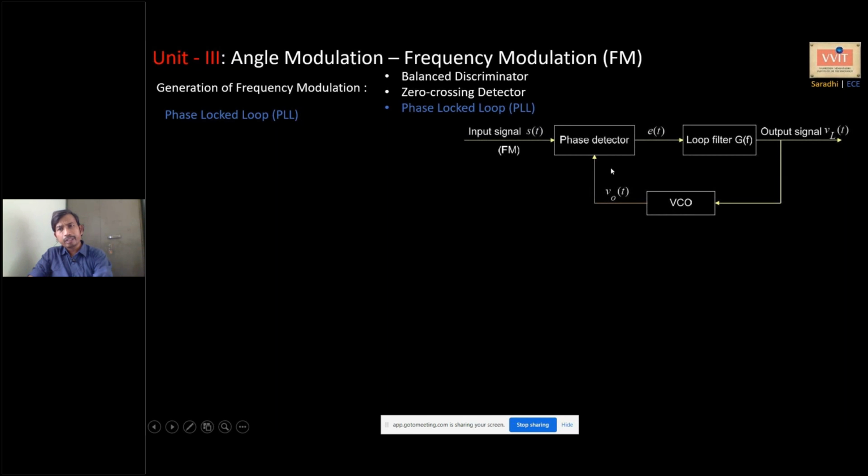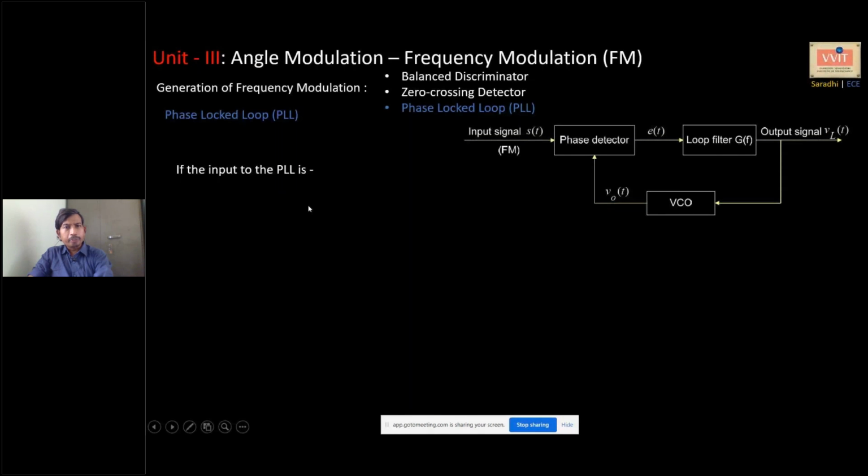The phase locked loop has three important blocks, where the voltage controlled oscillator will be in the feedback path. I mentioned that VCO is used in the generation of FM in the direct method. VCO is also used in the detection, but here it is in the feedback loop, not in the forward path. Actually it is acting simply as a local oscillator. Even though it is local, it is in the feedback path where the output of the overall system is acting as input, and it is producing a signal with some frequency. So this is how it is doing.